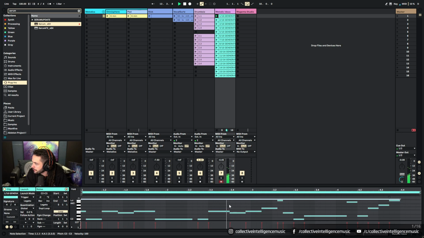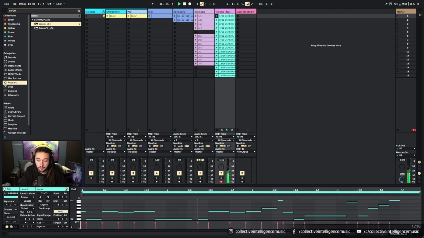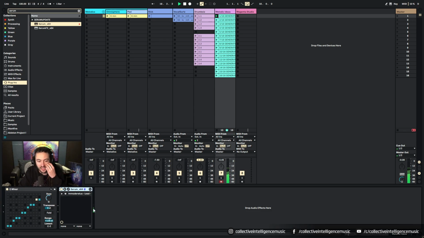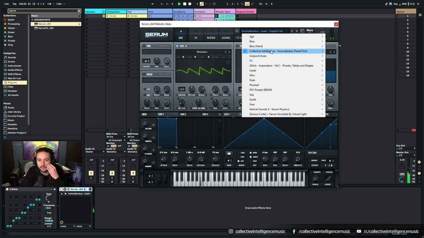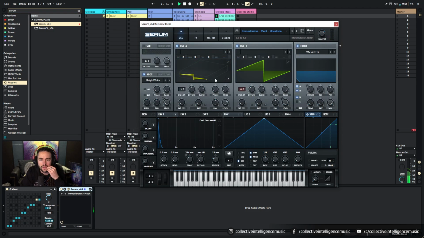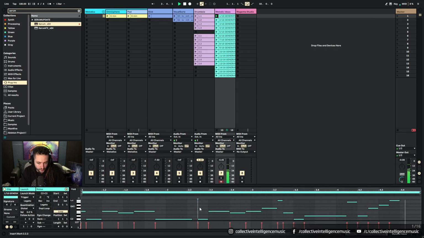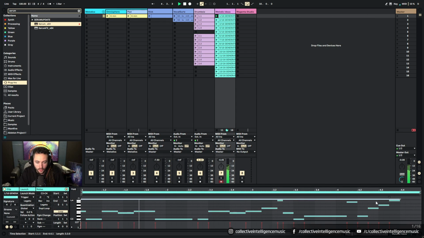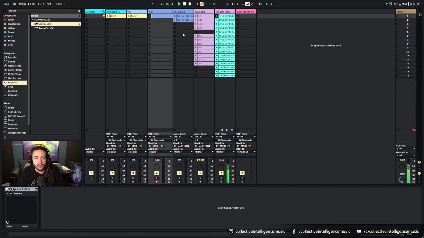What is a good setup for a beginner? Ooh, mate, I've got a good answer for that. A good setup for a beginner depends on how serious you want to be with it, dude. Obviously I don't want to encourage you to go and buy all of this gear that maybe won't always get utilized. So if you're quite serious about it,